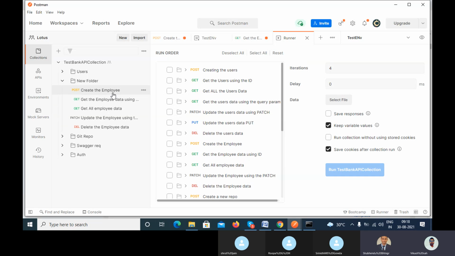Post and post, create the employee. Give me a second. Create the employee, this one, I think, right? And this one. Let's suppose I want to execute this 4 times, and I also want to delete. I don't have to write specific code for every user, because I have written generalized JavaScript code. It will be applicable for all users. If I run,